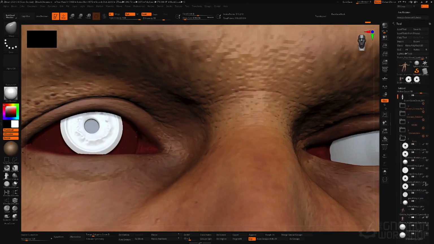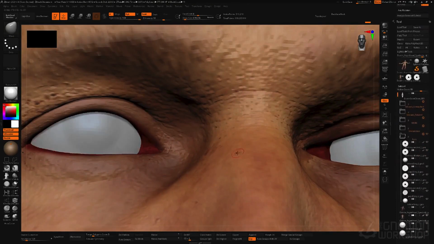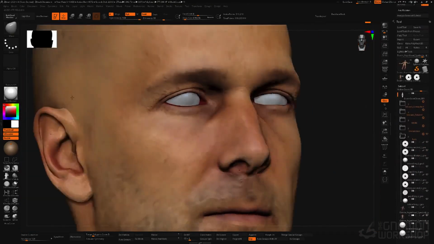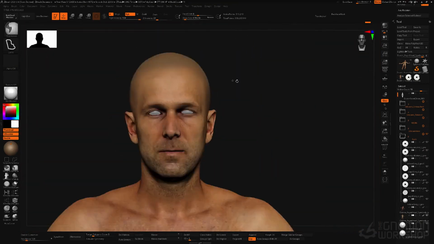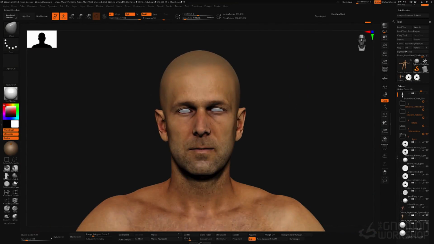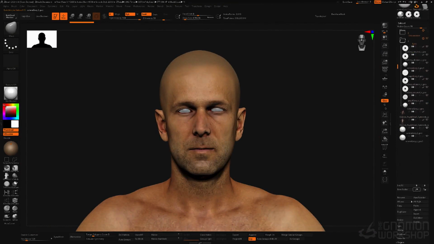And let's check this other side. The other side looks good. That's our eye placement. So I'm going to go ahead and delete these two just because they were for that